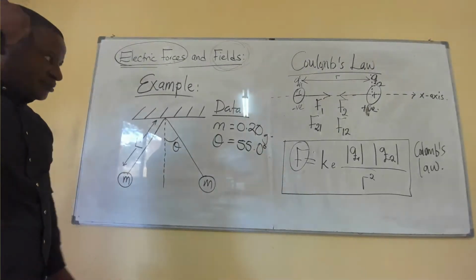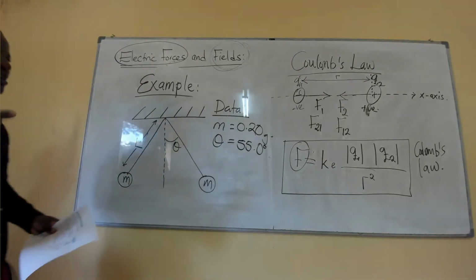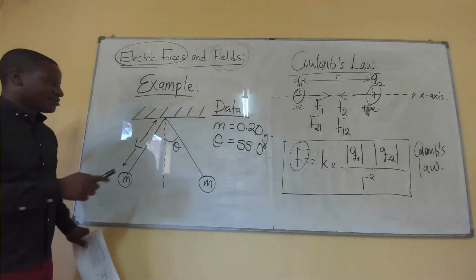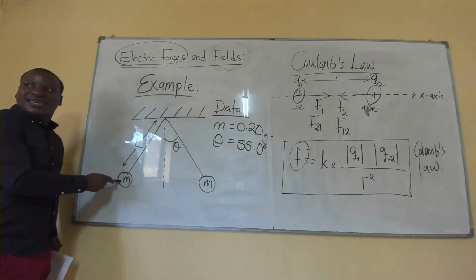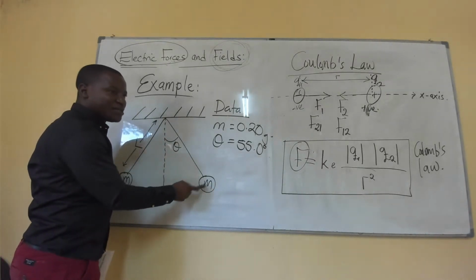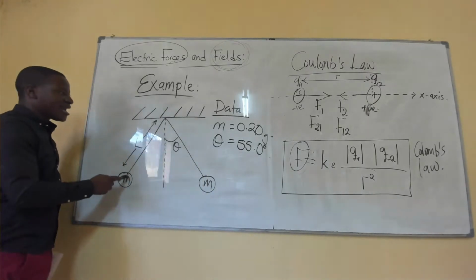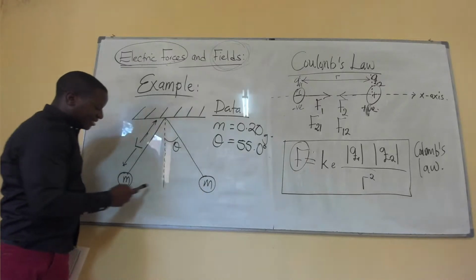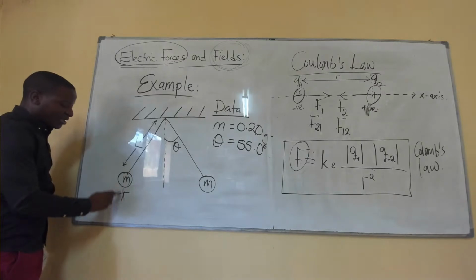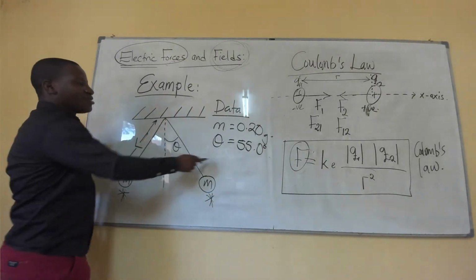Now, after that, to make ourselves understand the question, this mass here has been charged, and this one has also been charged. So what the question is saying is that when these are suspended like this, they tend to stop at this point. This one stops here, and the other one stops here, creating some angle theta, which is equal to